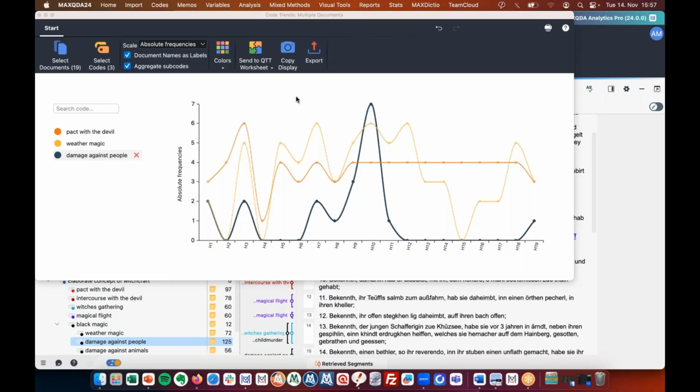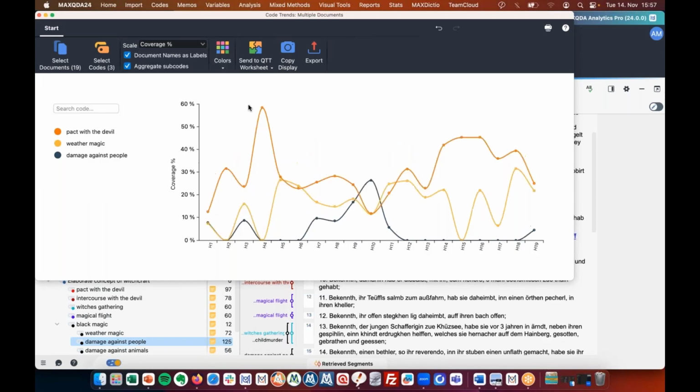You can also change it from absolute frequencies to coverage of the document in percentages. You will immediately see what impact this has on my document 4 here. Suddenly this is a spike because this document is just very short. So this helps you to even out longer documents and to basically standardize them by length. So in document number 4 here, 58% of its text deals with the topic packed with the devil, although it's just one segment. So you can try this, you can adjust the colors here, absolute frequency, code frequencies,